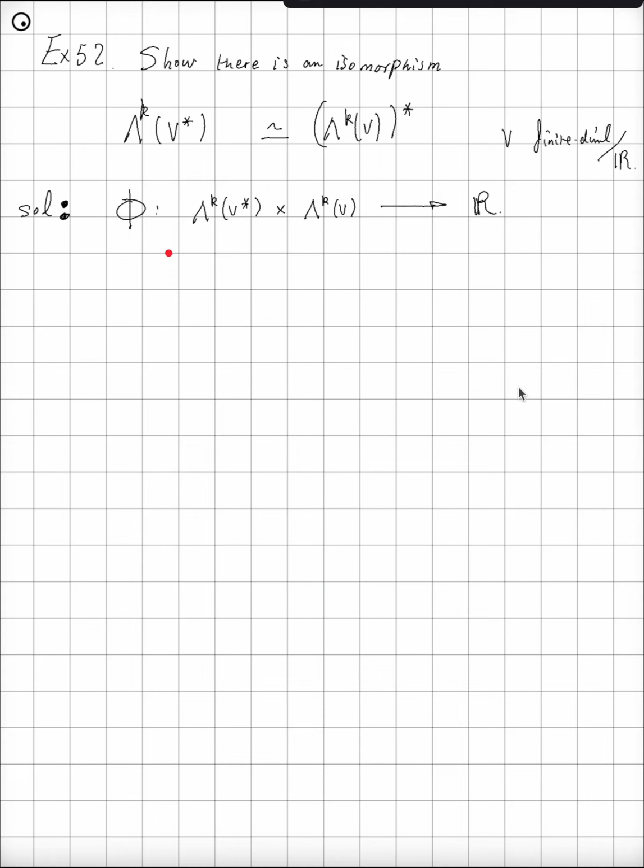Construct a pairing by defining the map on the generating elements, or elementary elements generating it, and then expand by linearity. So let's say if you have f1 to fk, and then here let's say you have v1 to vk, then let's map it to